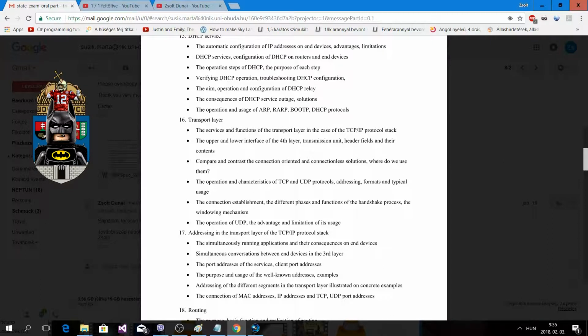And now it's the 16th topic, which is about the transport layer, the services and functions of the transport layer in the case of the TCP/IP protocol stack. So we are at the fourth layer, if we go from top or from below. The services are quite simple. If the data has been received from an above layer, so from the application, because we are using the same data through the representation and session, then the data will be passed here, and this layer does segmentation and reassembling